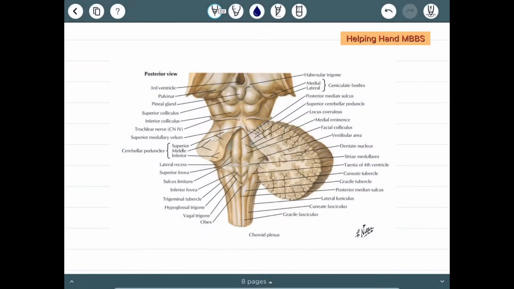Let us see the posterior view. As we have seen in the previous photo, the cerebellum is located posteriorly, so we can see the posterior part of the pons only if we remove the cerebellum part. It is just strapped away, and we can see the posterior part of the pons. This is basically the floor of the fourth ventricle. When you see the video on the fourth ventricle, you can easily correlate the structures present in this figure. So this is the general orientation of pons.